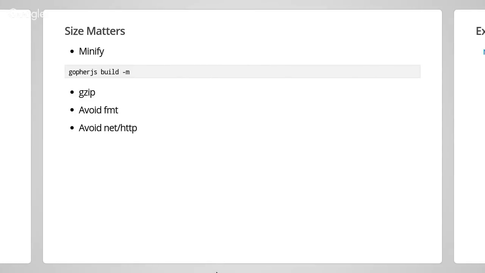So you shouldn't do that. There are multiple alternatives. Sometimes you can do things with strings or other functions, but there are also third-party fmt packages that are written with size in mind. So you shouldn't use the fmt package of the Go standard library.